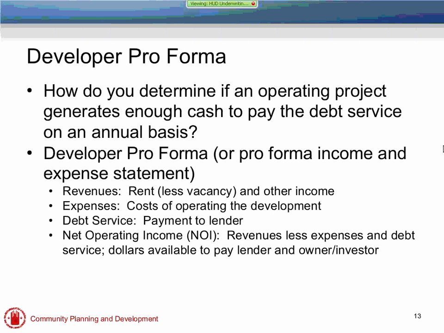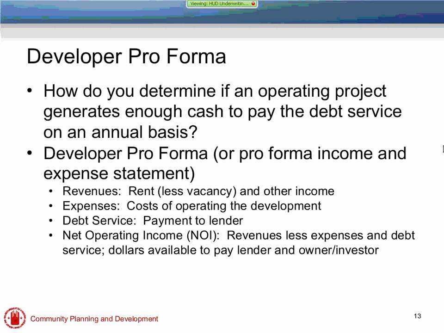This is going to be the actual rent that we are able to charge on the project on each of the units, including any other income. Other income might include laundry, maybe if there's parking that's being charged for, or garages on site. So all of our rent and other income, and we're going to subtract out of that some vacancy. And no matter how successful we hope that our projects can be, there's always going to be some kind of a vacancy rate that we have to figure in.